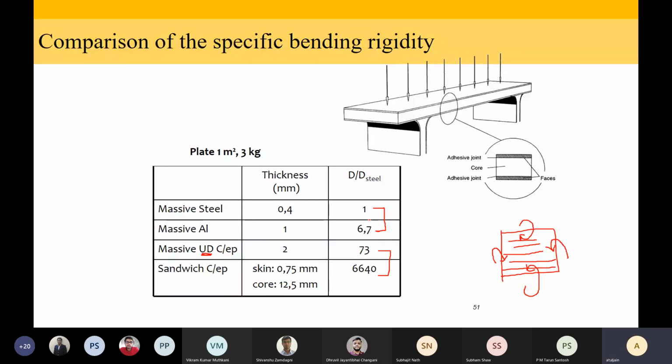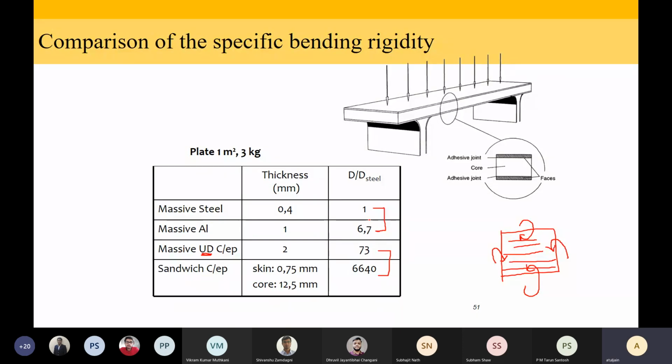Okay, but still, I think this is a very good example of why we should use sandwich materials. You know, the entire floor of the aeroplane, when you are in an aeroplane, is a sandwich material. And a large number of wings are also made of sandwich materials because the floor and the wing are basically subjected to bending load. And when you have bending load, making sandwich materials is a very, very bright idea.